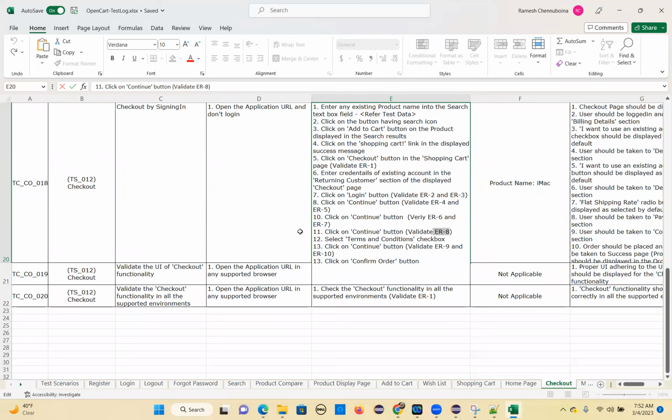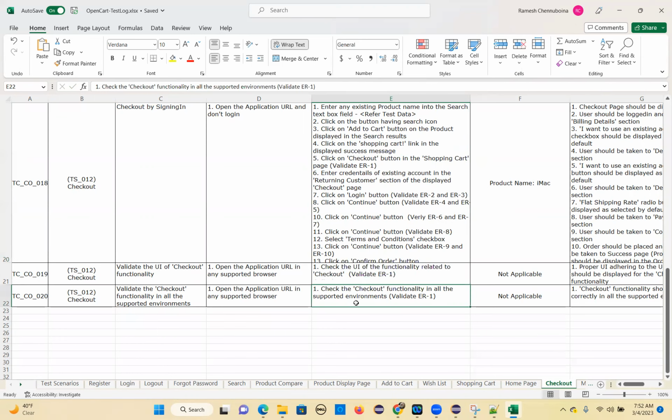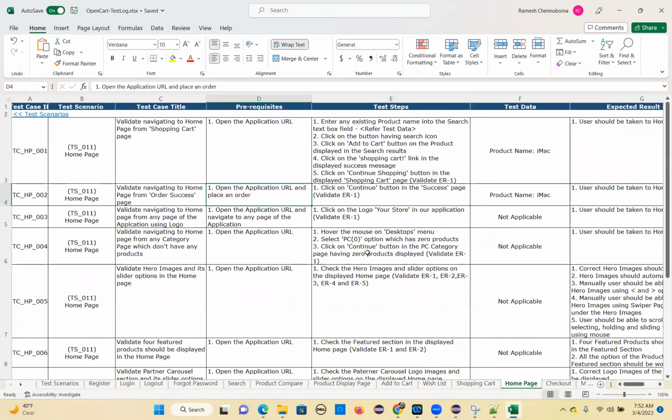ER1 means check the checkout functionality in all the supported environments. So different environments, you have to check whether the same functionality is working or not. So this is the requirement. Next,